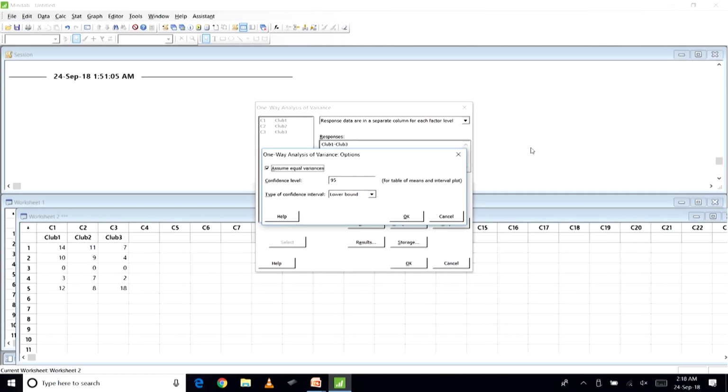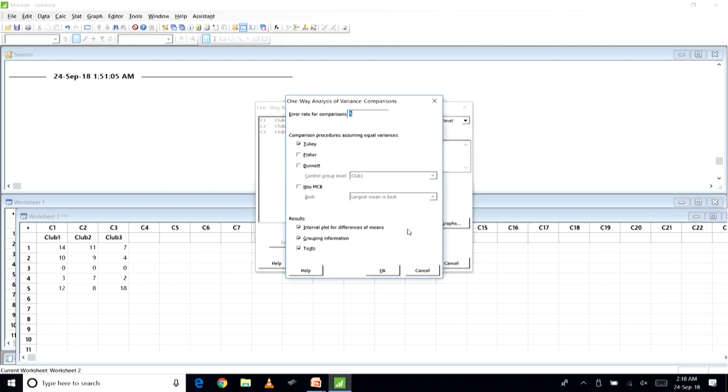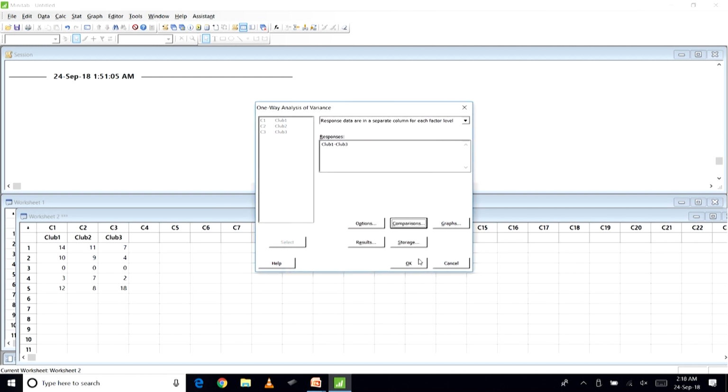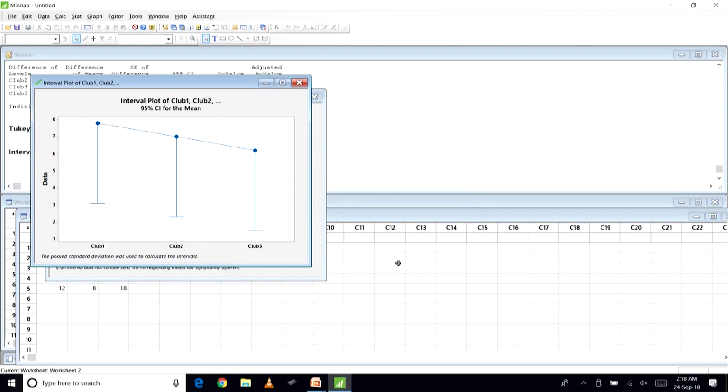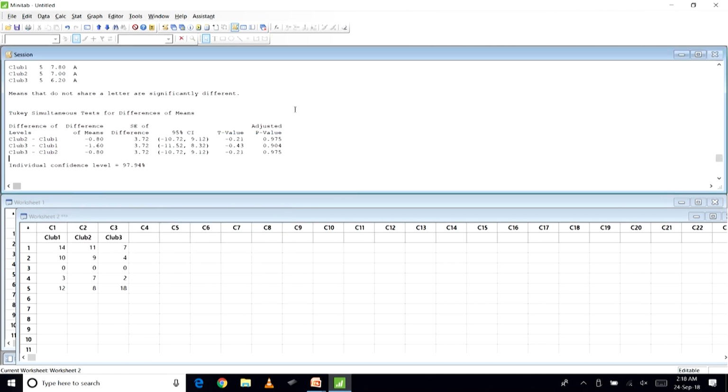Then comparison. There is no need to click any other option. So, we will click OK. Let us look at the ANOVA table.